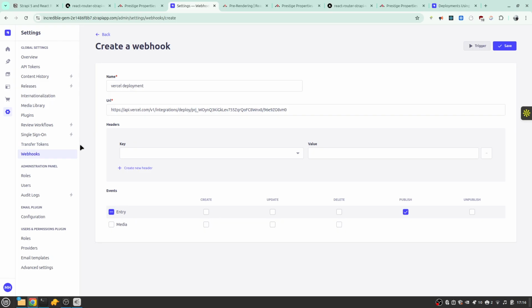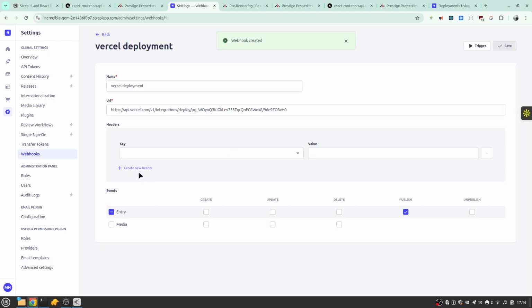When you say entry, it means anything like landing page, you're changing the text. Remember changing the text, you press save and you press publish. So when you press publish, this deploy hook needs to get triggered, even if you do any media changes, but I don't think you need that. You press save,